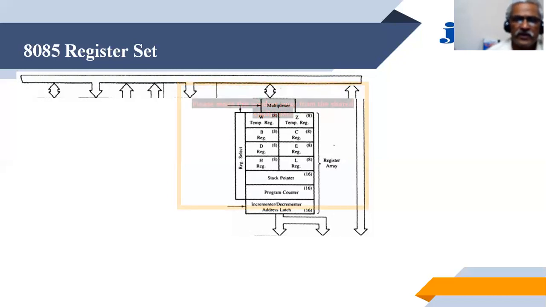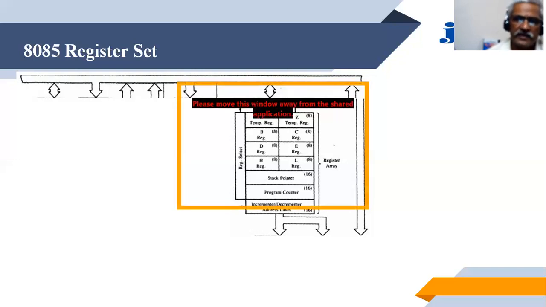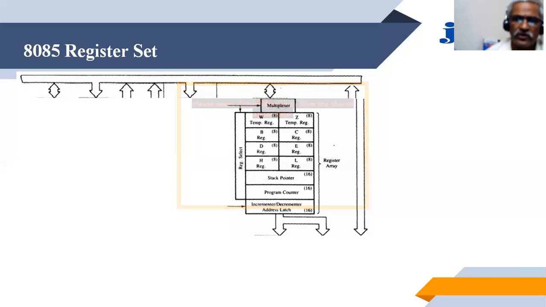Otherwise, we have to wait until the complete instruction has been executed and then update, increment or decrement the address. So in some sense, this register also helps in speed up, so that the next address is already known to the system, and the fetch operation from the next address can be taken on while the current instruction is going on.